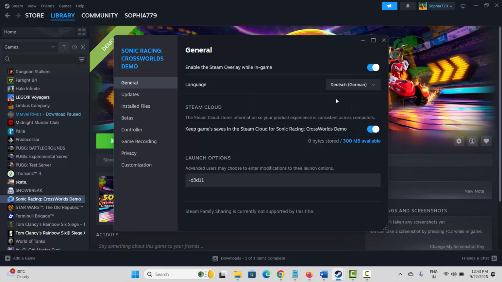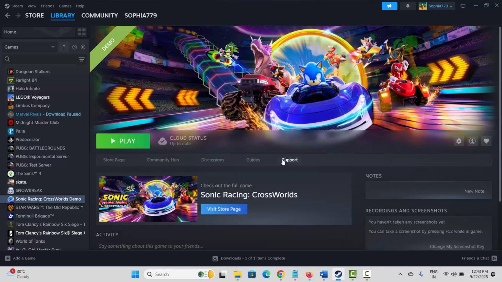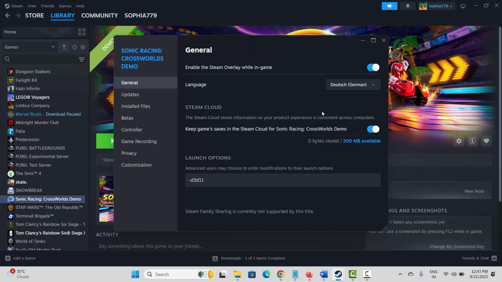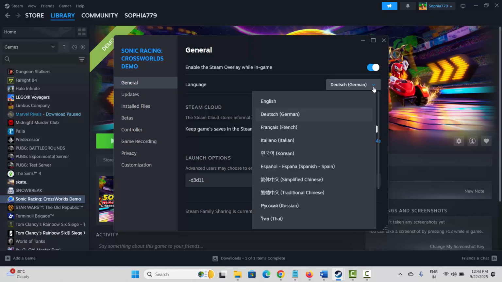After selecting the language, close this and restart your PC once. After restarting, now you can see that the language has been changed to that particular language. Again, if you want to change the language back to English, you can again come back,